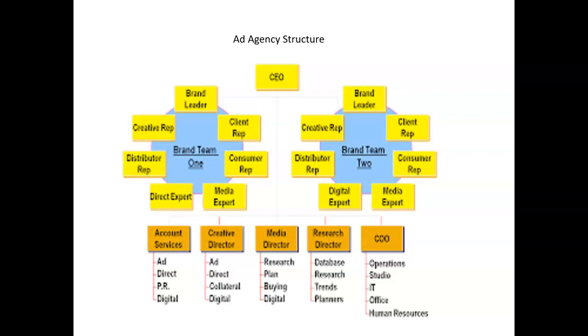So you've got the functional departments, and then you pull each function out to create a cross-functional team within the agency that will work on this brand or that brand or the other brand. I hope that helps a little bit. Now let's go back to our